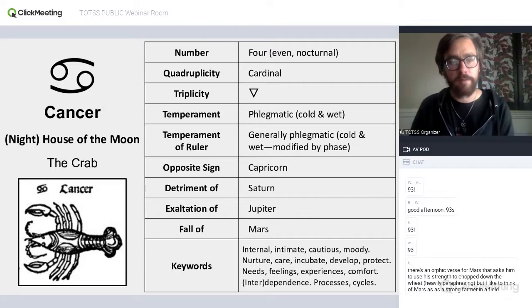That's difficult for Saturn. Saturn can be very critical too, which again, it's hard to nurture and to protect in a critical sort of way. That's a difficult thing to do.